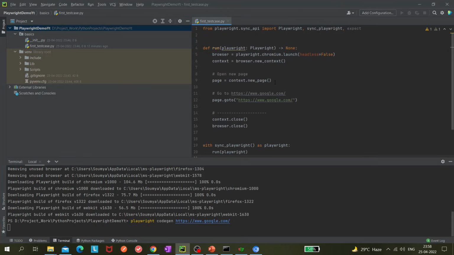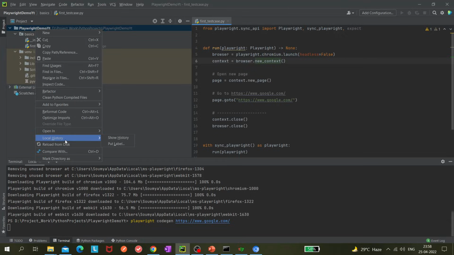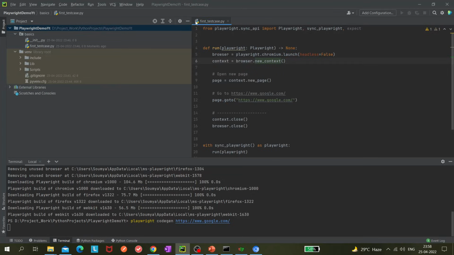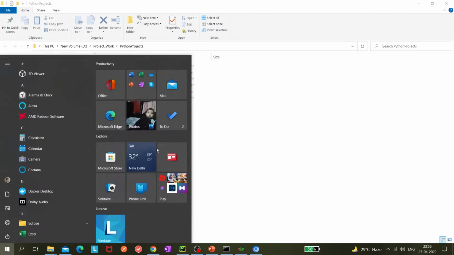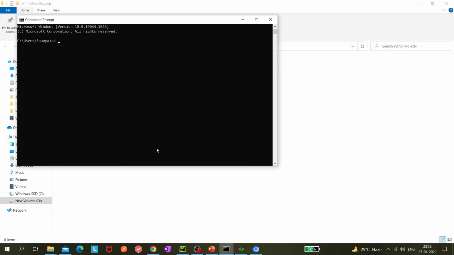So I just paste it here, as you can see, and I'm not changing anything here, and I want to run it now. Okay, so to run it I have to close it first, because then only I will be going to this part. But what we can do, we can just copy the URL, open in Explorer,